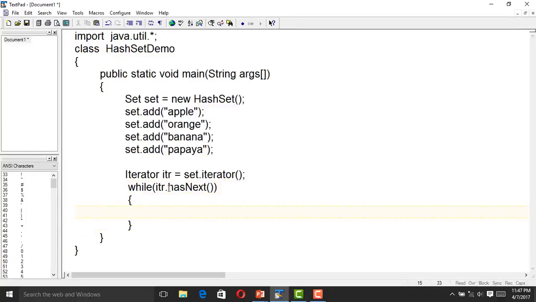So I'm going to print it: System.out.print element in set is itr.next. The next method returns the next element in the set. So I'm going to save it.